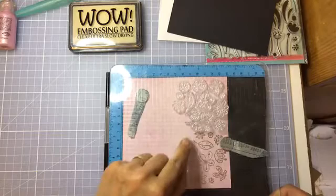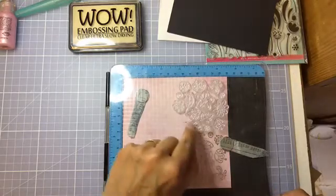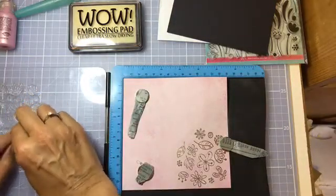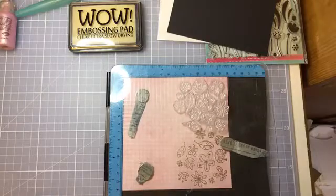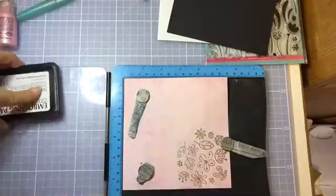You can just check that everything lines up okay. And I can see from here that that daisy is going to be touched by that leaf. So all I will do is just move that leaf down a fraction. So now when I bring that back, that should be better. So now what I can do is wipe it with my anti-static bag, because I obviously don't want the powder to stick. Ink up my stamps again,